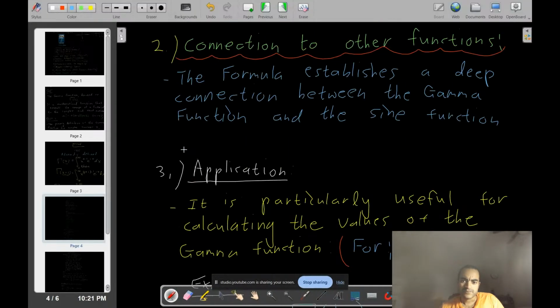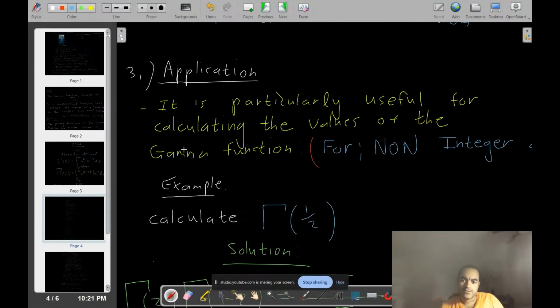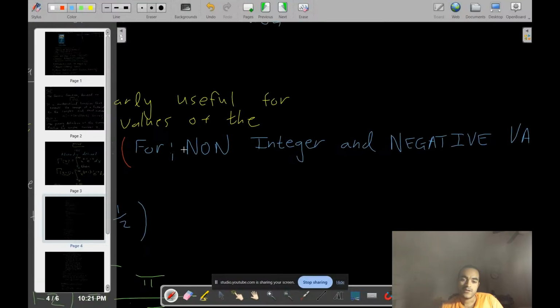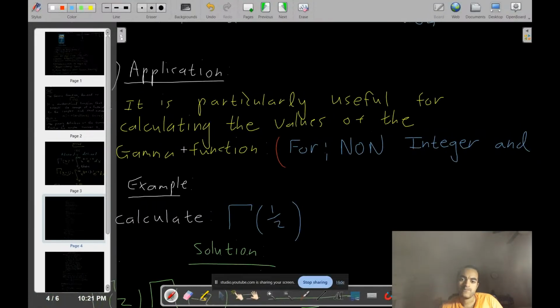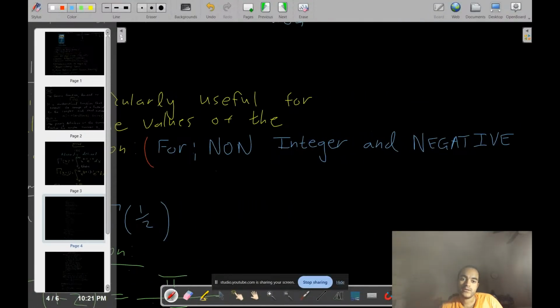Okay. And in terms of the applications, it's very useful for calculating values of the gamma function. So non-integer. So here's the thing. The other gamma identities I talked about were for different cases. You use each one for a specific case. This one now is for non-integer, careful here,